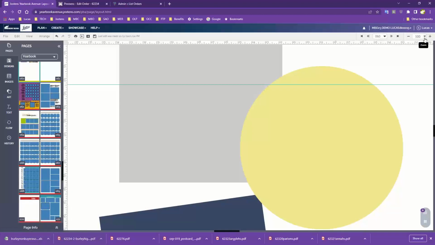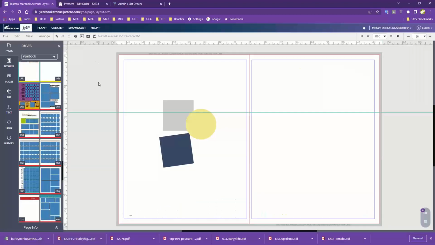To really get in there. Now 500% is probably too much there, so I'm just going to go back to fit, so that way I have this whole spread in. All right, so from here,